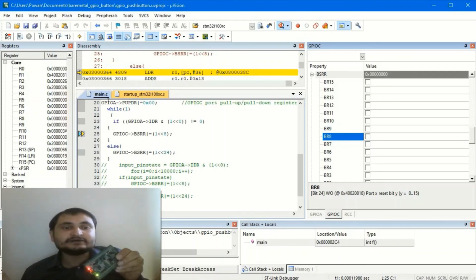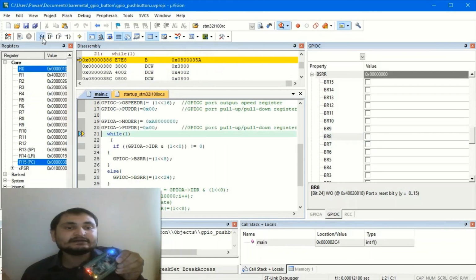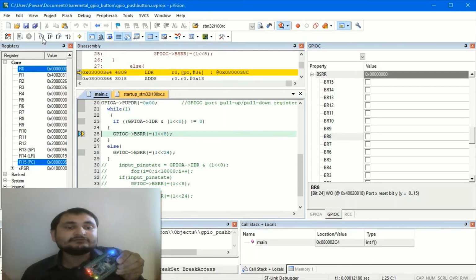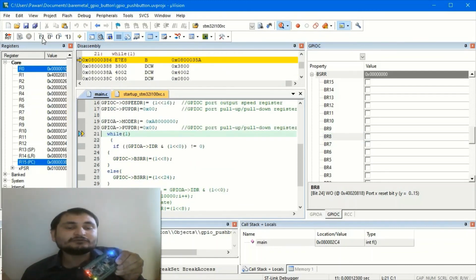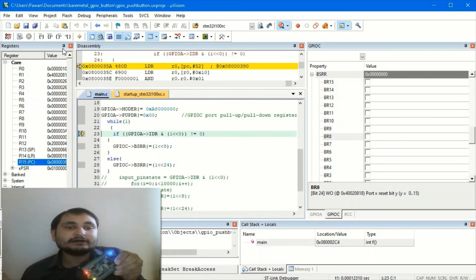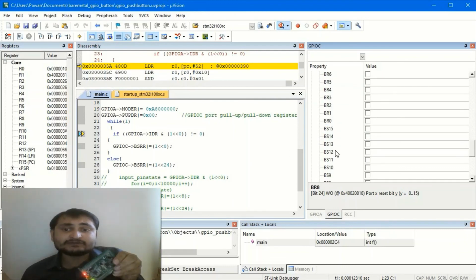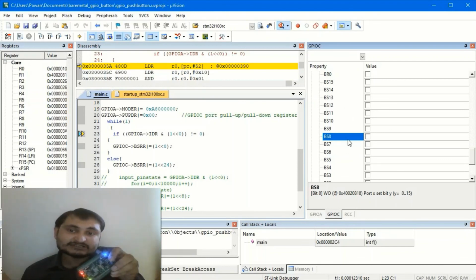So this is our hardware, and if I press it again and again, it will go like that and be true, and then go like that again. From here I can switch this off, or if I want to switch on, I can also do it from this BS8 itself. So it directly reflects on the hardware. Here you can see without any debugging I just switched on this LED through this. This way you can see how we can play with this register bit at runtime.